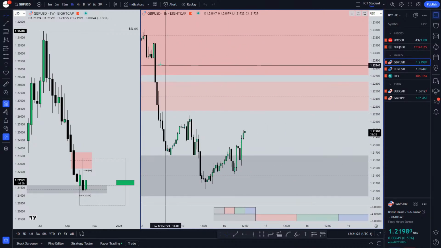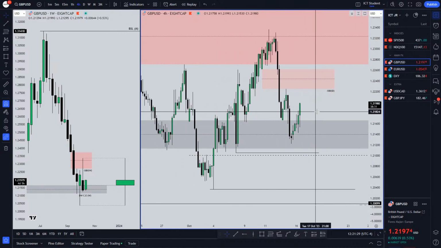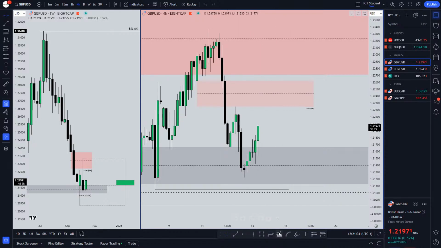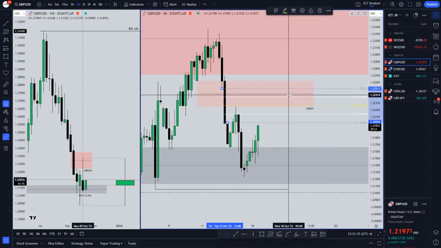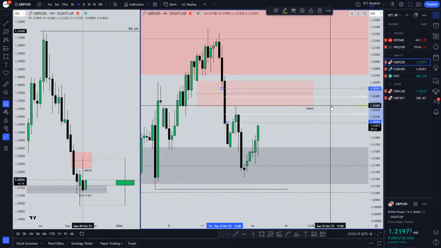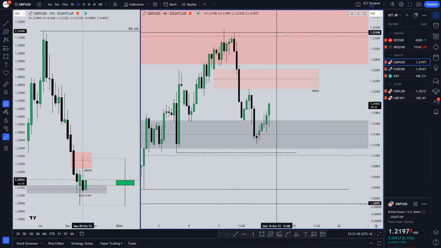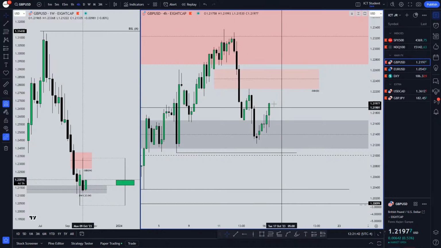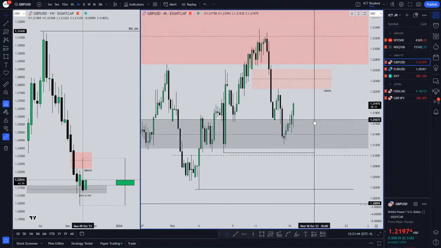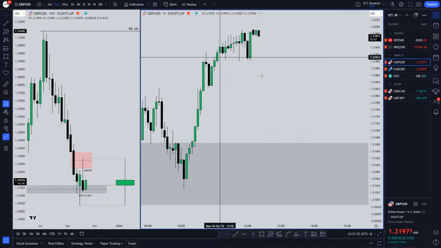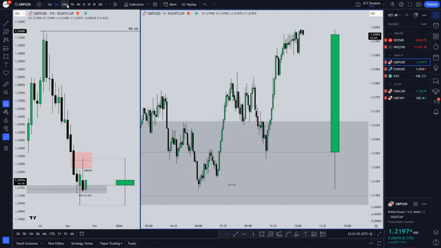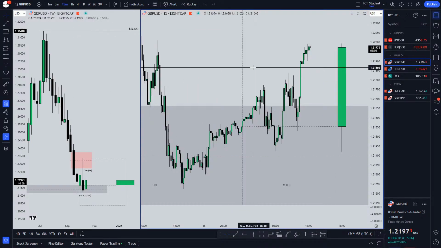And we have another one right here on the 1 hour. Let's go to the 4 hour. Oh, yeah, we have a big one right here. So if we just close above these two, the consequent encroachments, then I'll be watching to see if we can go long, take out this buy side up here, and then eventually just be neutral, be on the sidelines, because I want to see how this reacts to the weekly sell side imbalance. We're going to stay above it and then make it an inverse, or if we're going to drop below it, I'm not going to take that risk of trying to find out which side the market is going to go to. So yeah,